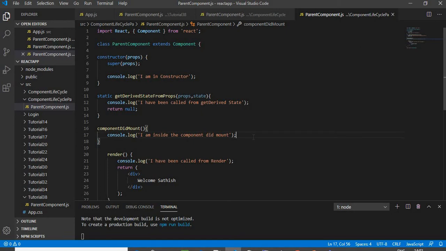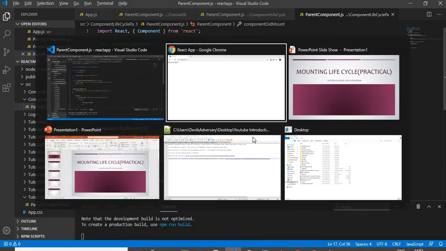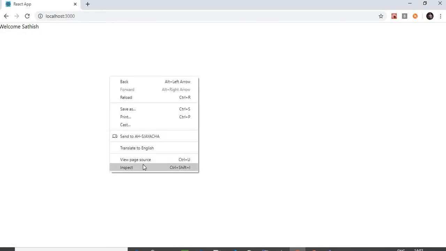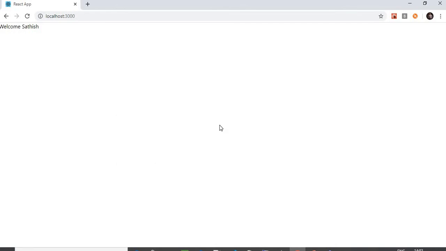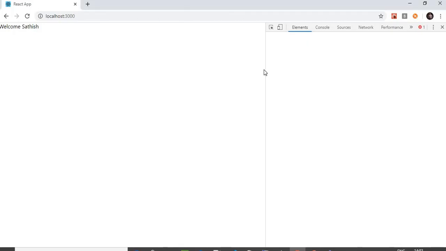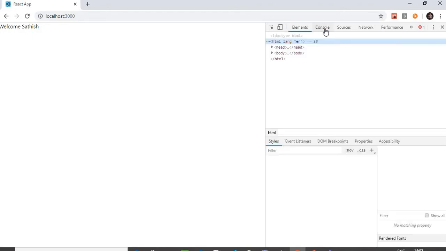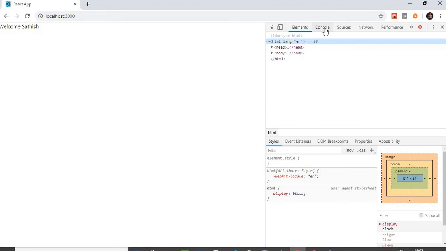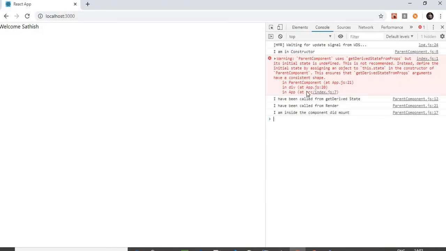Then I'm going to take a look at the browser and see what is happening. The welcome Satish message is being displayed. I'm going to inspect the console. Inside the console, you will see all the messages that we have written. I'm going to show you right now in what order they are displayed.